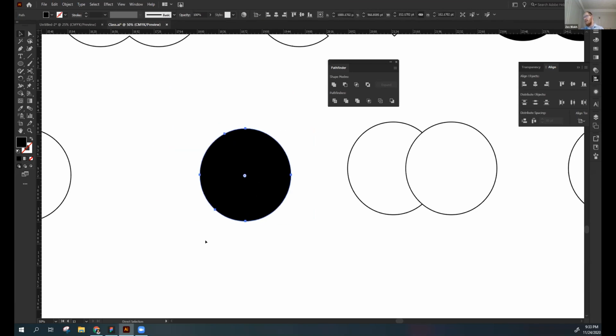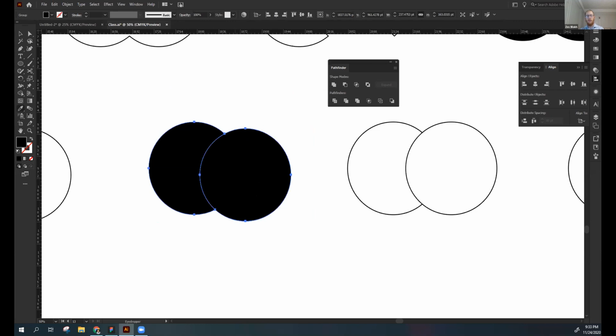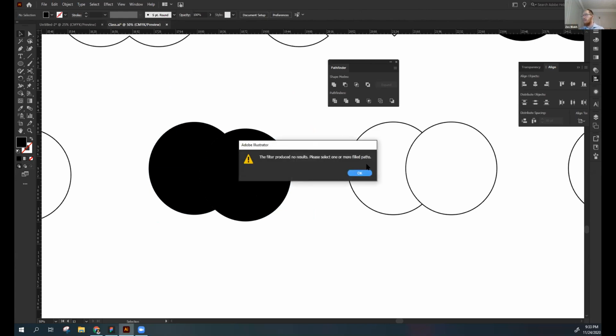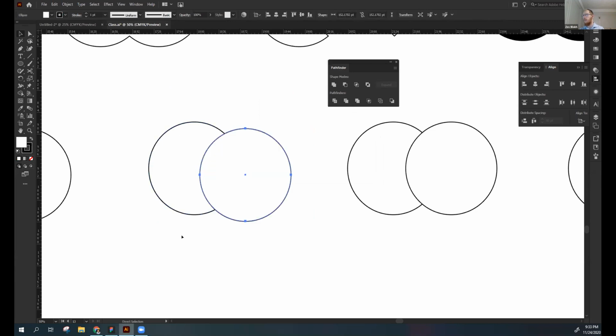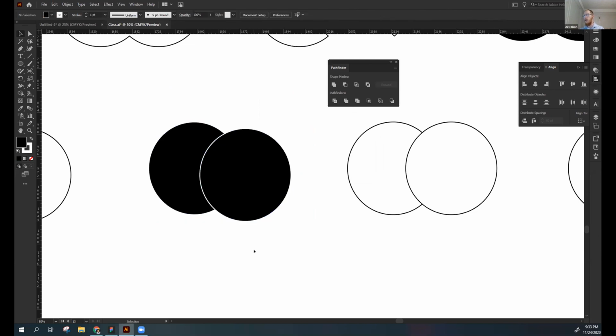Right, okay, fine. So with trim, which is the area right next to divide, so again, we're bottom row and we're moving left to right. We hover over, it says trim. Just make these black. I think it's easier to see. Okay, so right now we have two full circles layered on top of each other. When we click trim,